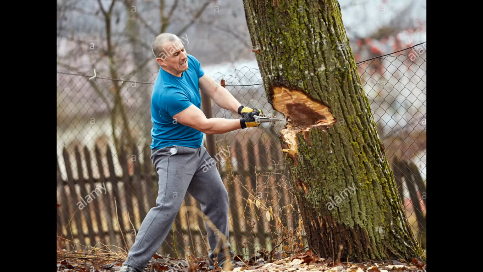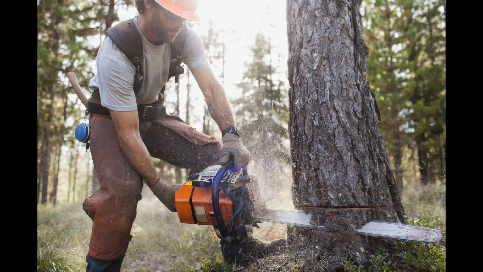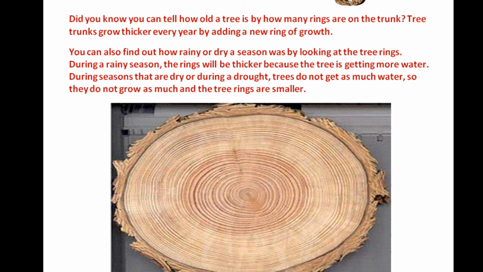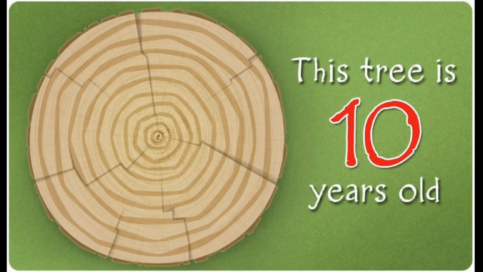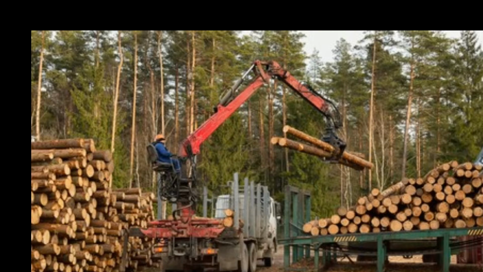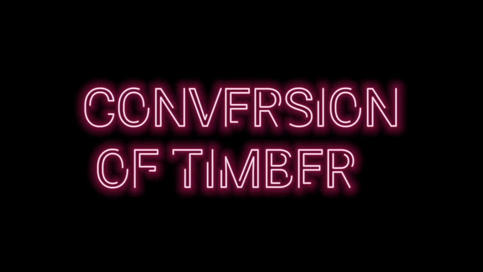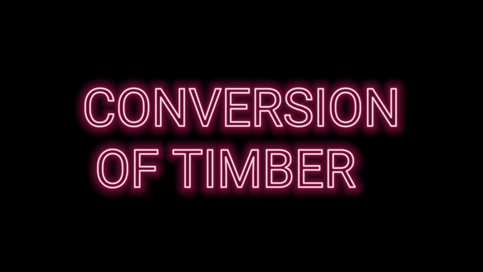Tree felling is usually done with either an axe for small trees, or a chainsaw for the larger trees. The age of trees for felling varies from 50 to 100 years. After felling, the logs are transported to the sawmill where conversion takes place. And that will bring us to the next item and the topic, which is